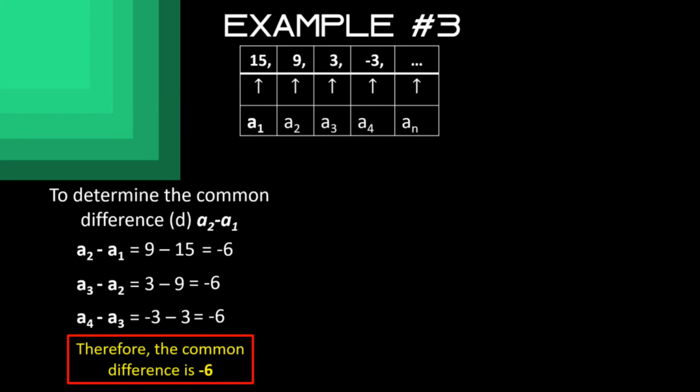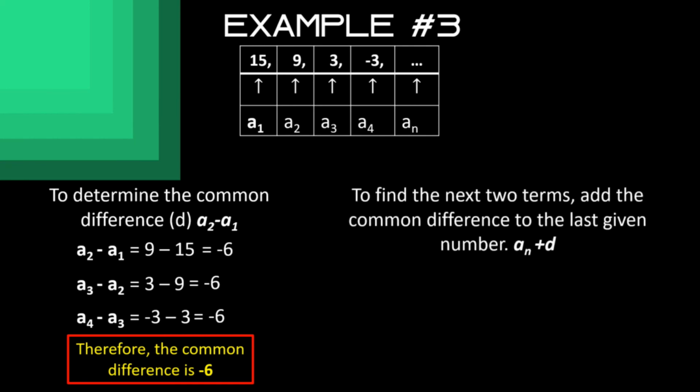Therefore, the common difference here is negative 6, and this is an example of a decreasing arithmetic sequence. To find the next two terms, add the common difference to the last given number using the formula a sub n plus d. A sub 4, which is our last term, plus the common difference is equal to negative 3